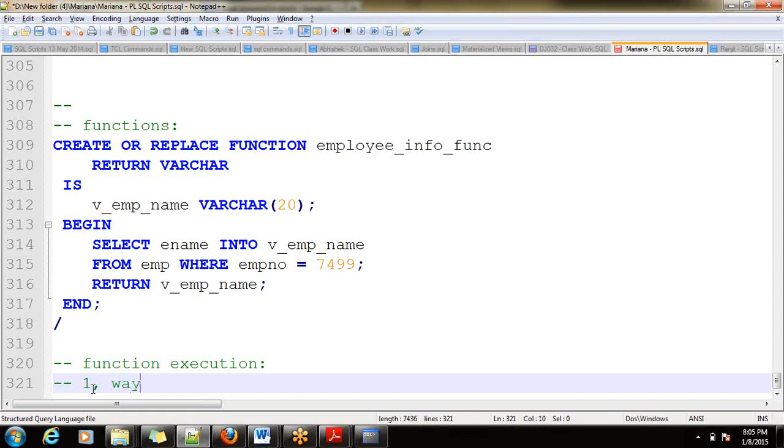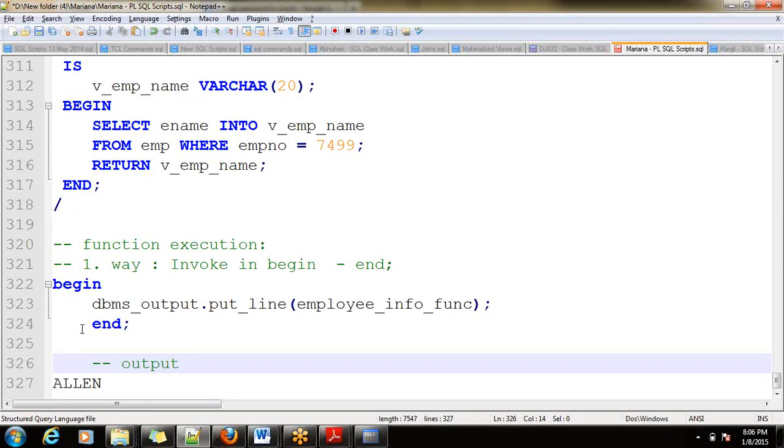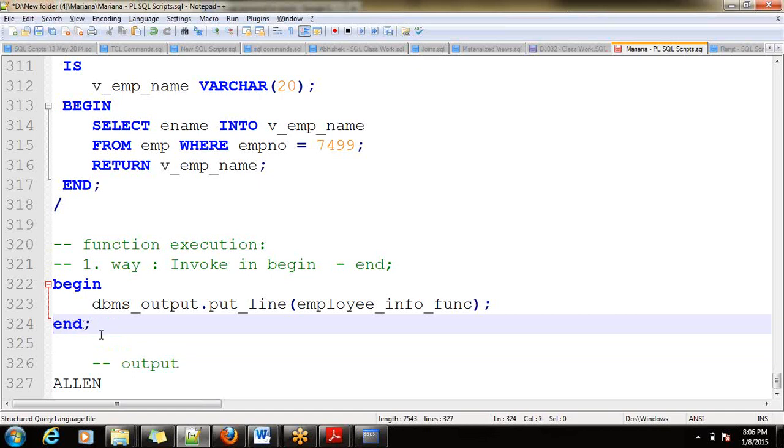So one way is to invoke it in begin and end blocks. Yes, this one. So this is the output.